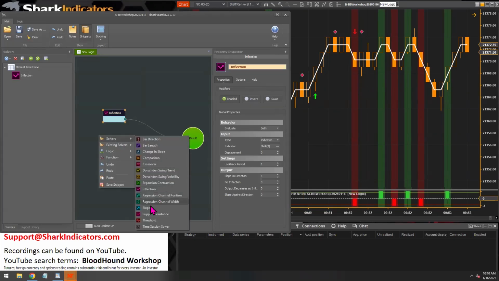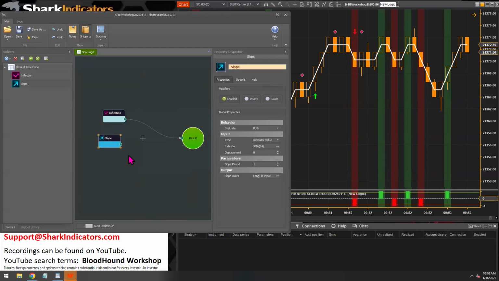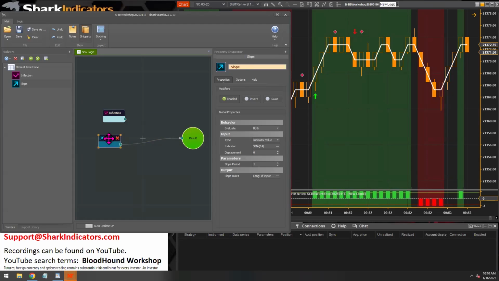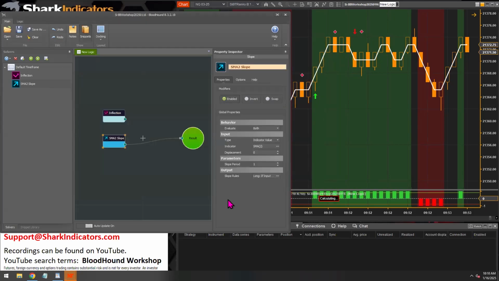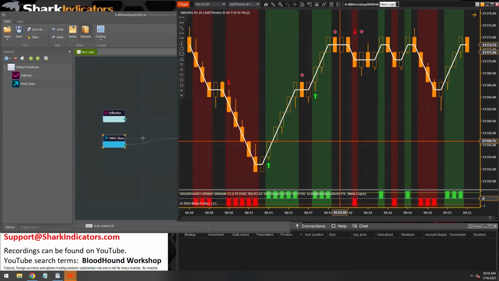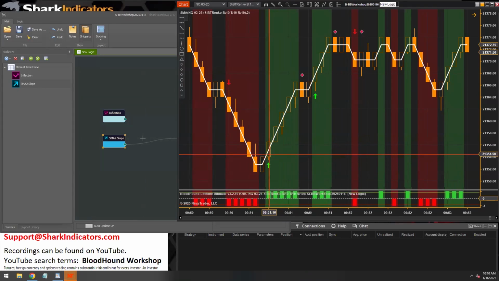All right, so we're going to have to go with the slope solver here. So we'll connect that in. All right, let's name it, and then let's go in here and adjust the period of the SMA to 2. And so this obviously catches every bar where that SMA is sloping down or sloping up. However, we want this, well, actually, you know what? This actually will work okay with this particular system,